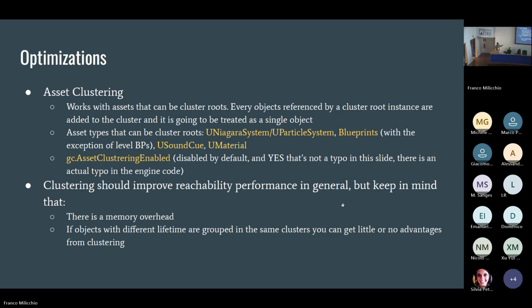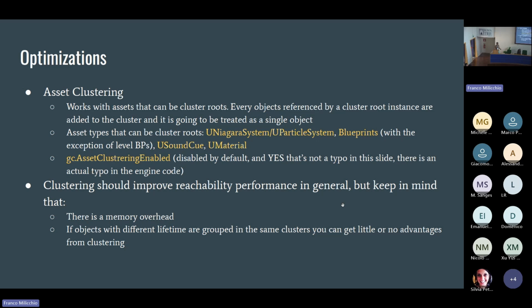And so clustering should improve reachability performance in general. But keep in mind that there is a memory overhead, because once you use clusters, the engine will have to store that data inside structs and several data types.